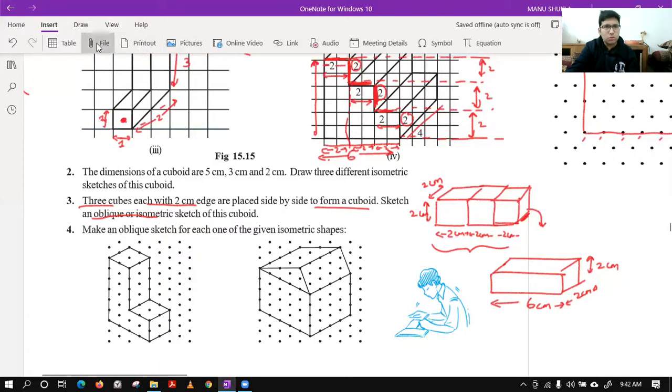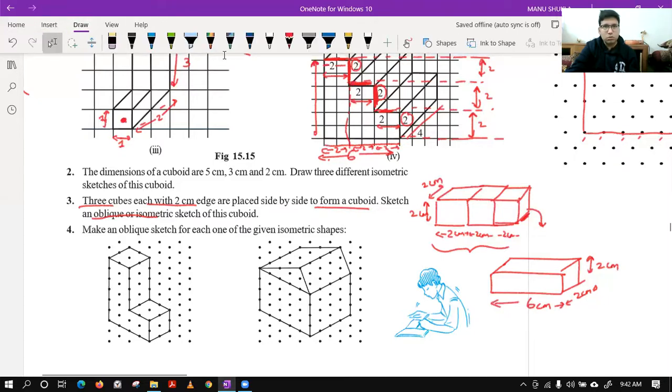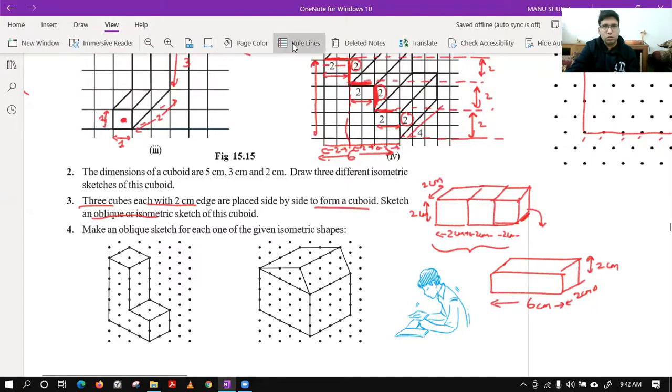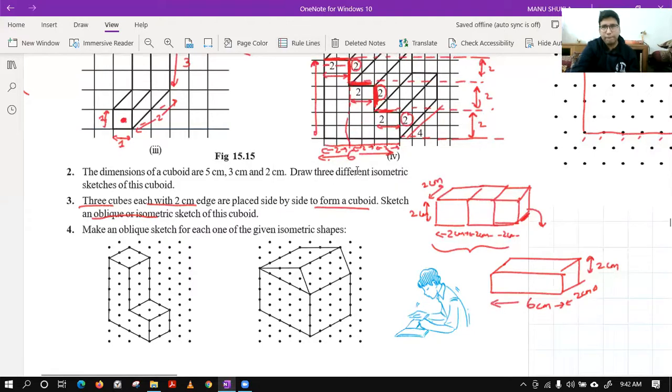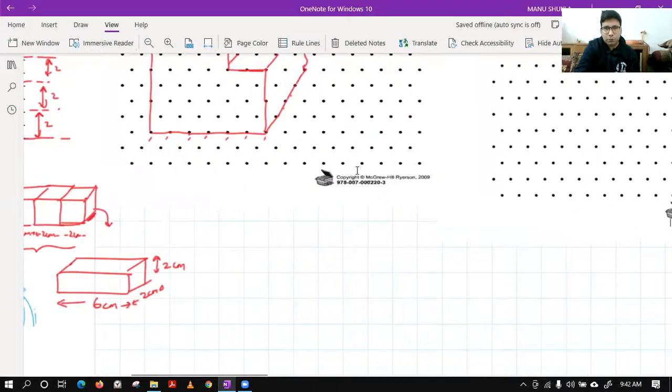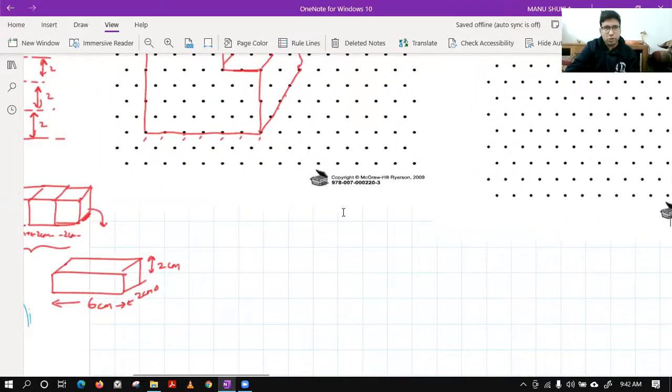So we need to have a graph paper for the oblique case. One second, let me check. I think this will work. Medium grid. Like this we need to have.